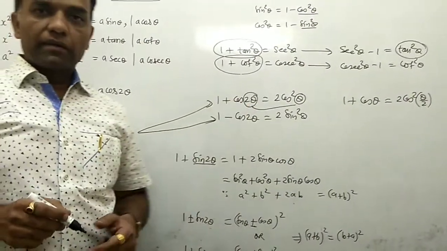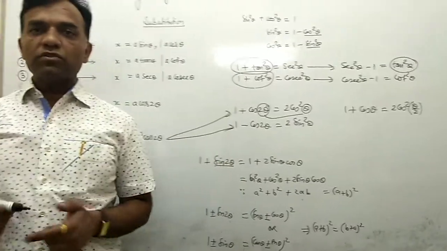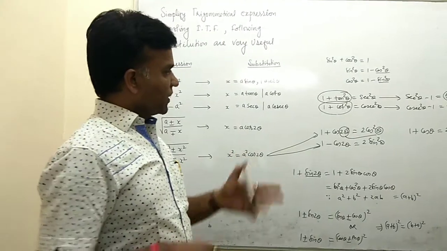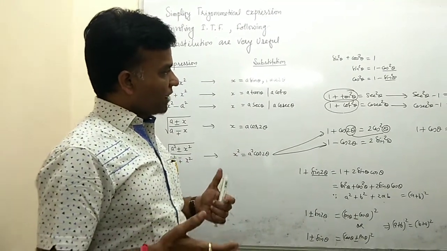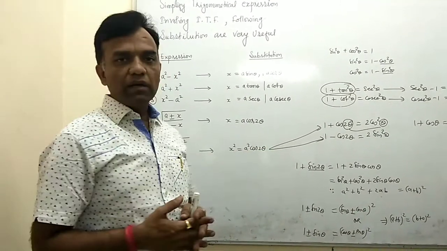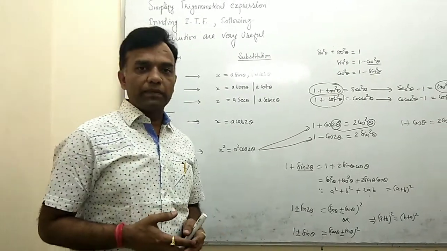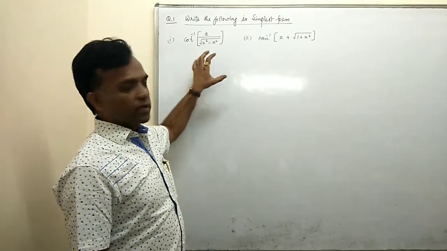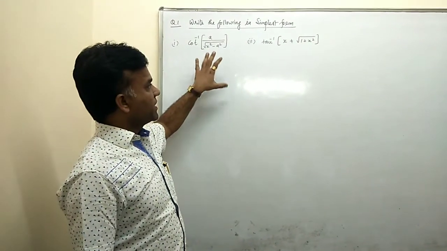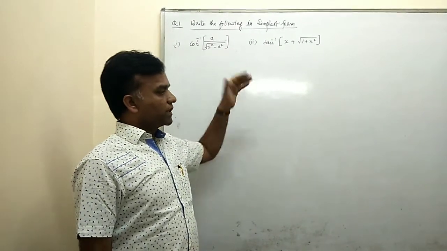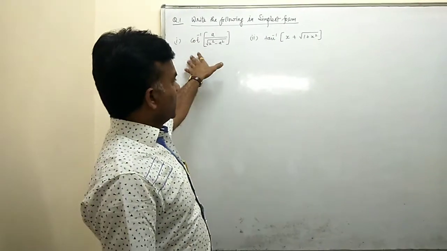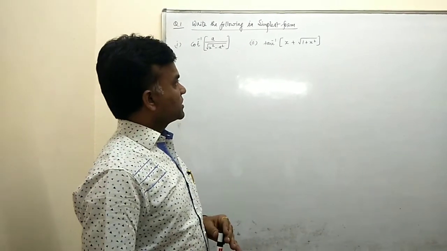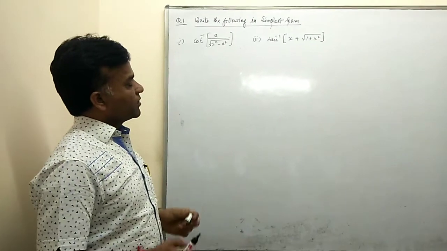Similarly the same concept applies for 1 plus or 1 minus: use the concept of converting double angles to half angles. So revise all these formulas, and now we explain all this activity with the help of examples. We illustrate how to use the trigonometrical identities and how to convert questions into the simplest form in the following questions. The questions are the same as these, where you first simplify the given expressions into the simplest form.